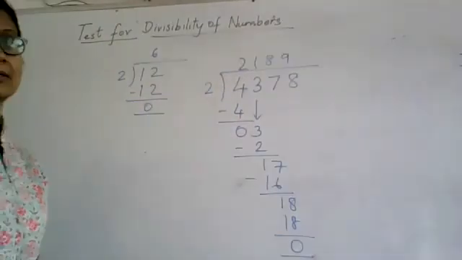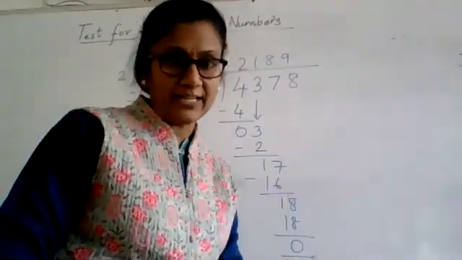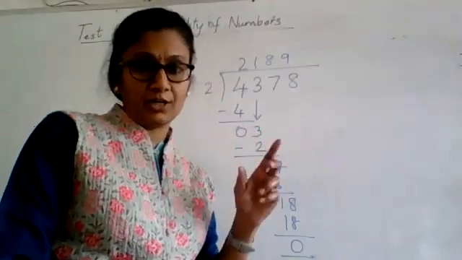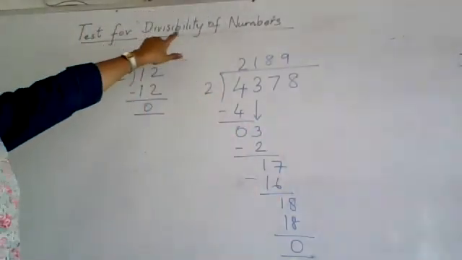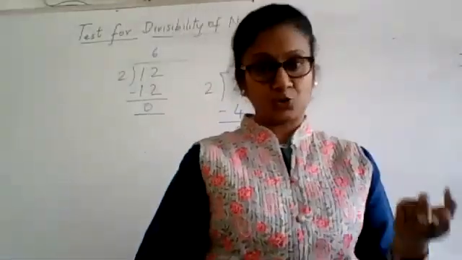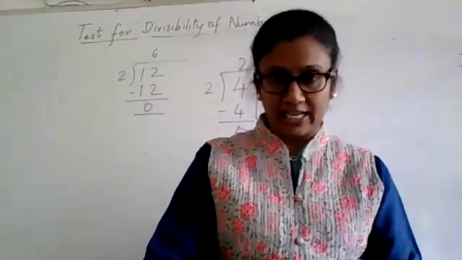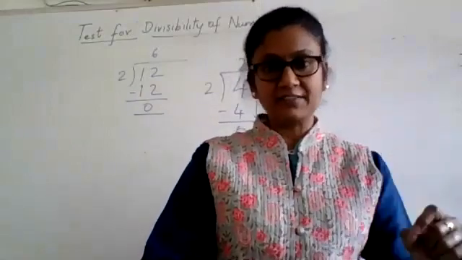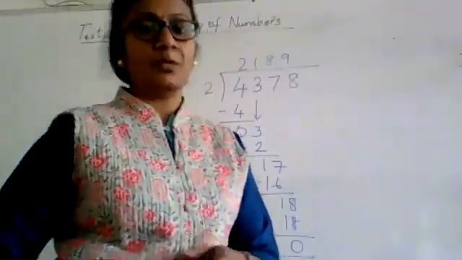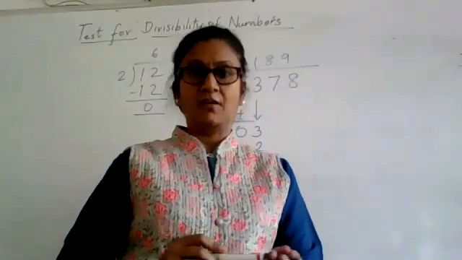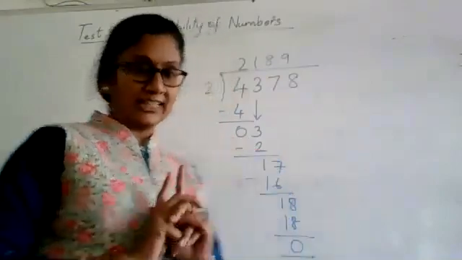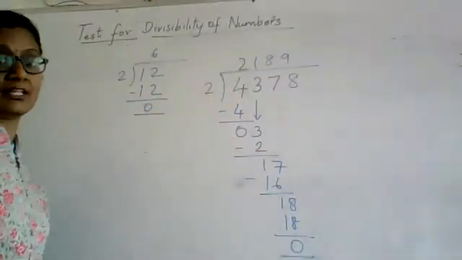But this is not possible every time. You cannot keep on dividing numbers to find out whether they are divisible by a given number or not. So this test for divisibility is going to make your job easier. That means even without doing the actual division, you will be able to tell whether a number is divisible by 2 or not. So that is called the test of divisibility for 2. So without doing the actual division, when you are able to find out and say whether a number is divisible by 2, then that test is called the test for divisibility of 2.